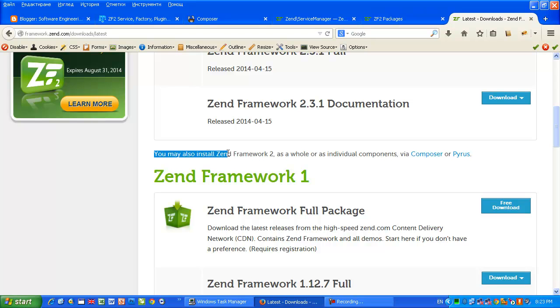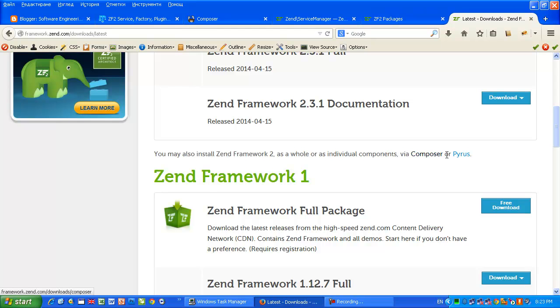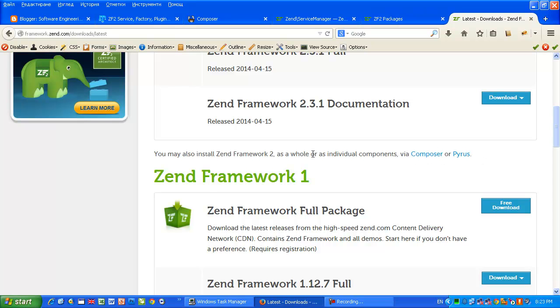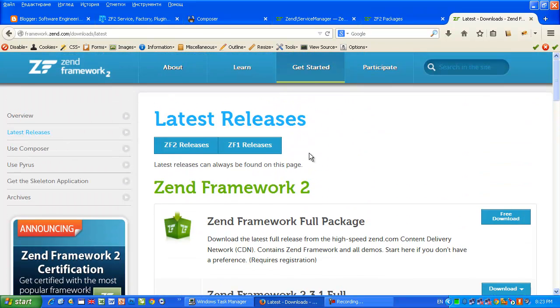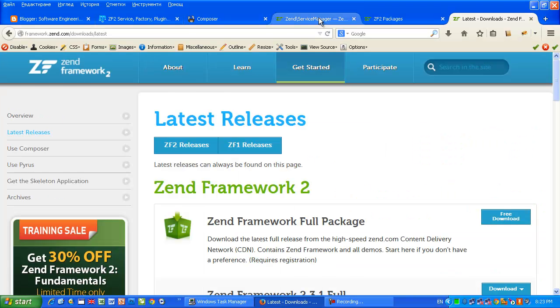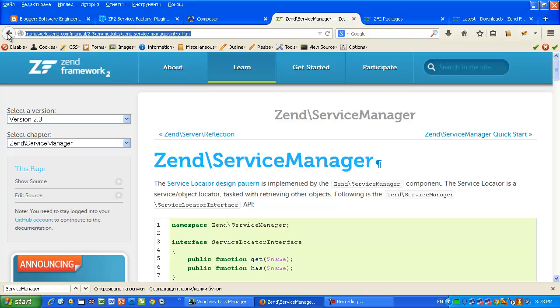You may also install Zend Framework 2 as a whole or as individual components via Composer or Pyrus. This is the packaging system in PHP, and the most modern probably is Composer. Pyrus is the successor of PEAR, this package management system. Okay, we're going to use Composer. So those are the URLs where you can download Zend Framework 2, and this is the URL where you can